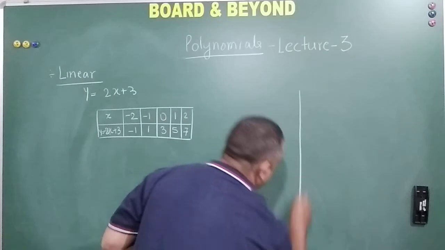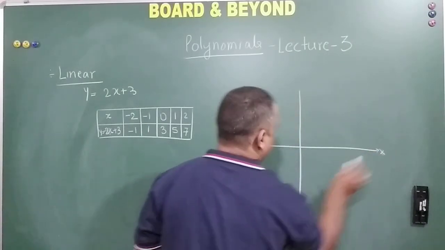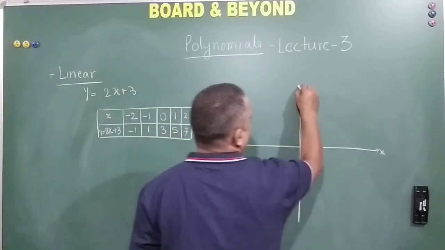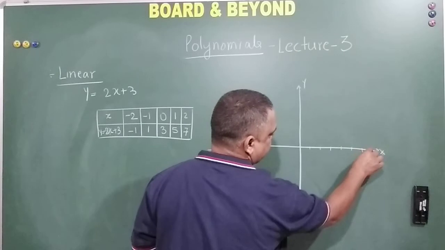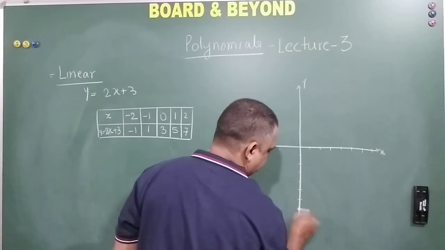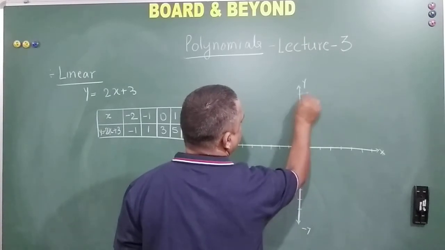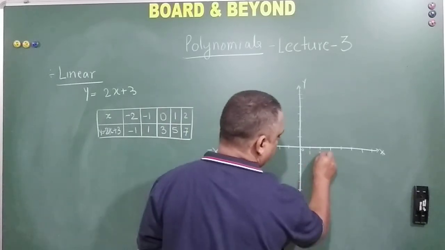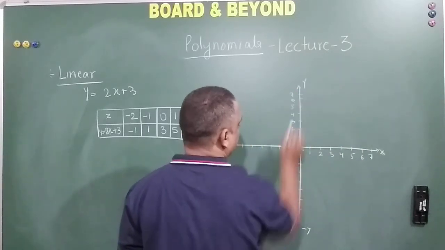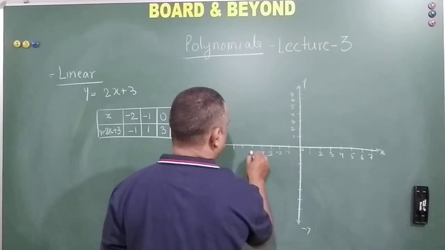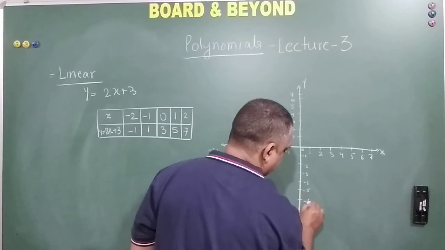This is the x-axis, friends. Let me write a little bigger. Minus x. This is y. This is minus y. Here we mark 1, 2, 3, 4, 5, 6, 7 on each of the four directions from 0, with minus 1, minus 2, up to minus 7 on the negative sides.